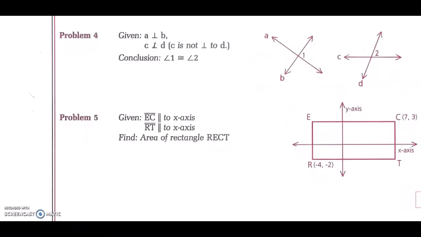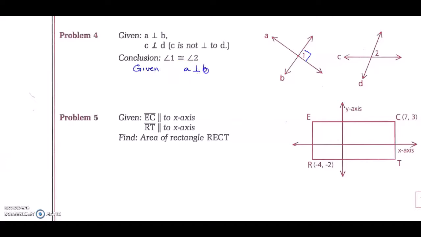In the fourth problem, we are given that A is perpendicular to B, so angle 1 would have been better to mark as the right angle. We are given that C is not perpendicular to D, so angle 2 is not a right angle. It's kind of hard to prove this one until we get to chapter 5, where we'll do the indirect proof, but we're given